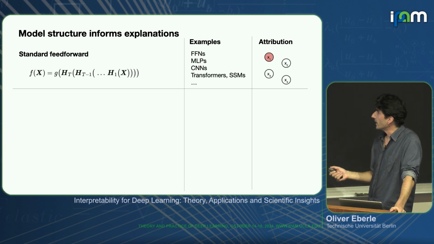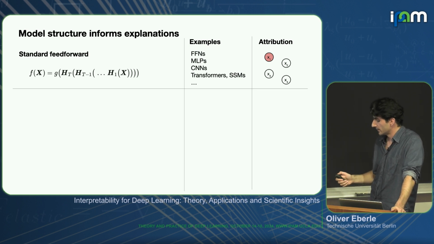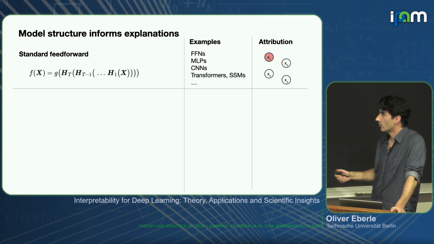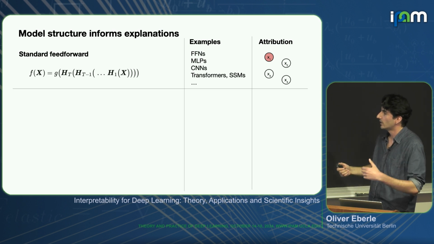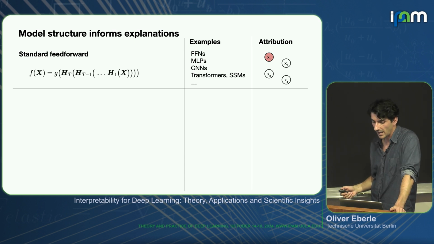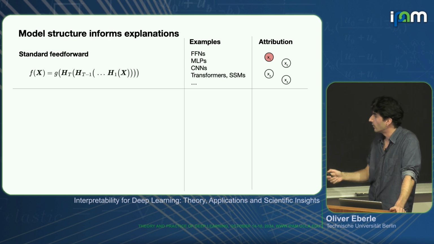And then what you usually end up with is this kind of heat map type attribution. So you get these first order scores basically. And this is quite useful for all feed-forward neural networks: MLPs, CNNs, transformers, state space models. So everything that has a standard forward pass that only sees the input X at the first layer can be represented with these heat maps.